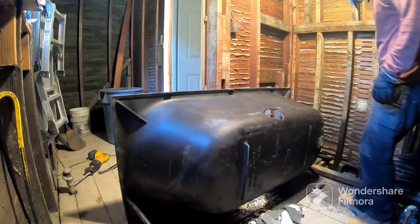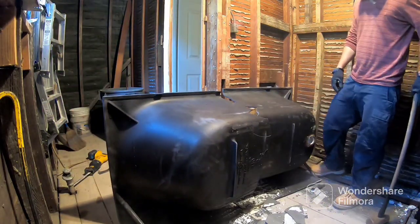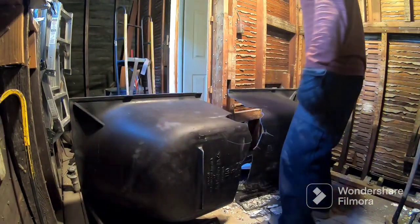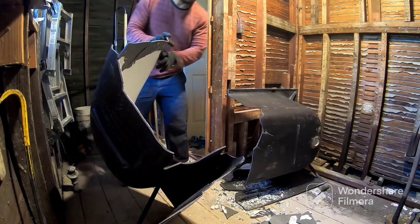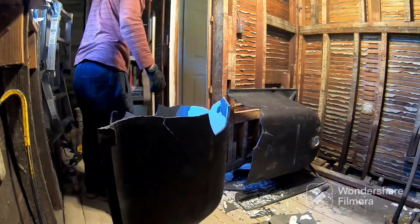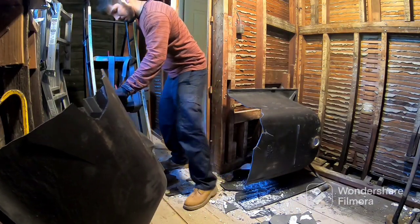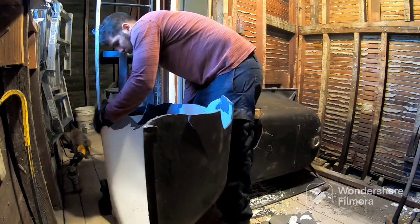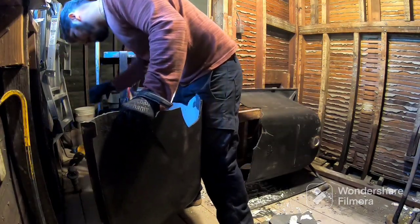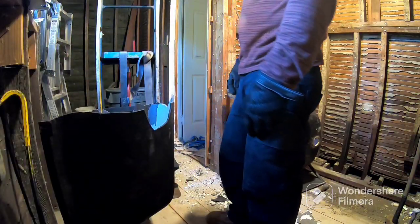So you can do it all by yourself. And when you have a new cast iron tub come in, the plumber is going to come in with a couple guys, or you're going to help with a couple guys, or have a hand truck that has a feature that helps it carry up the stairs. But this is an old one. It's easiest just to break it in half, put it on the hand truck, wheel it down the stairs, and get it out. And this, just so you guys are aware, is a very common practice,